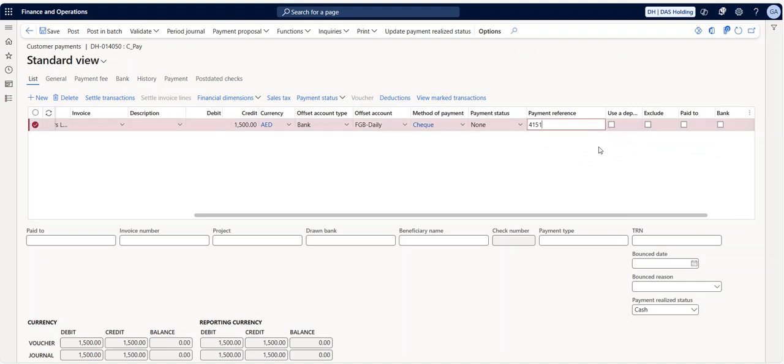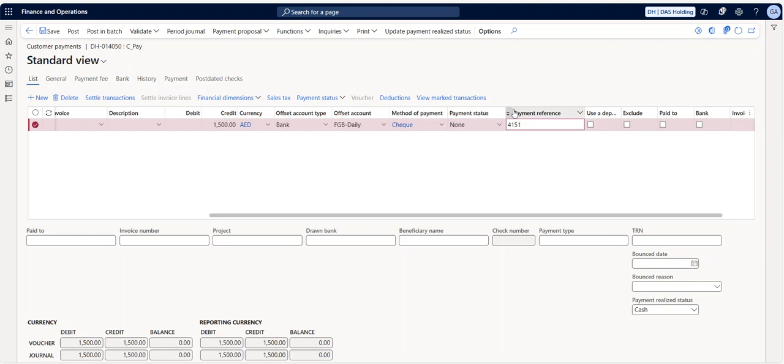4151. Okay, so once you have updated this particular payment reference, you have used as a deposit slip. So there is a check box available in this particular column. So you will check this particular check box and you will post this particular transaction. So once you click on post this particular transaction, so before that